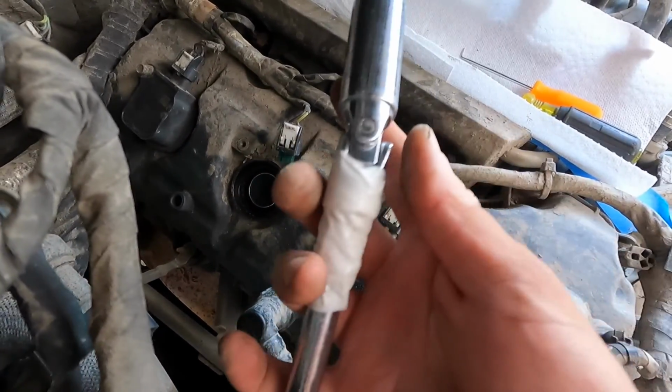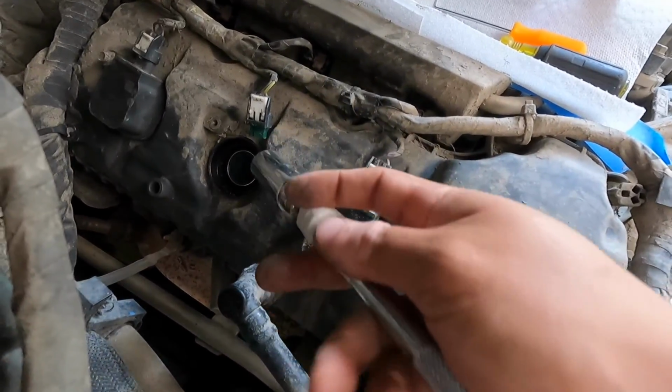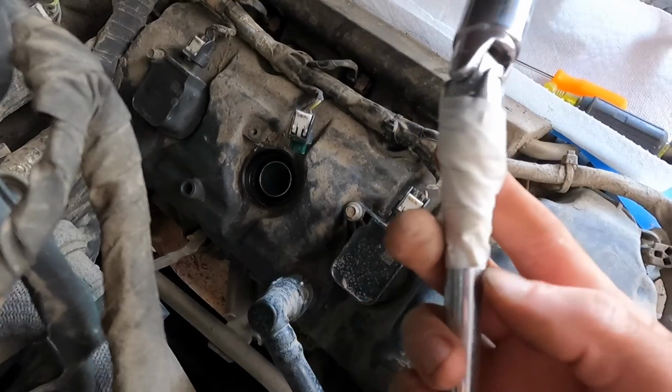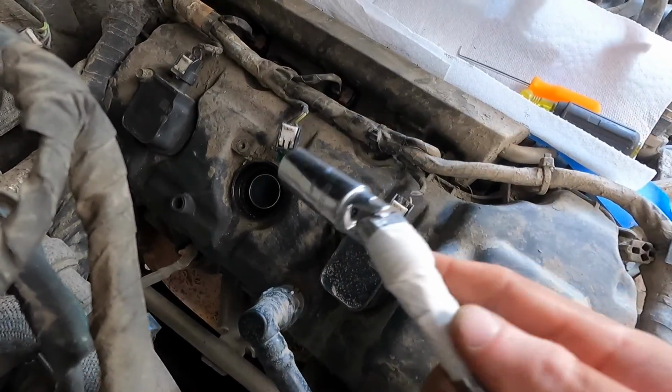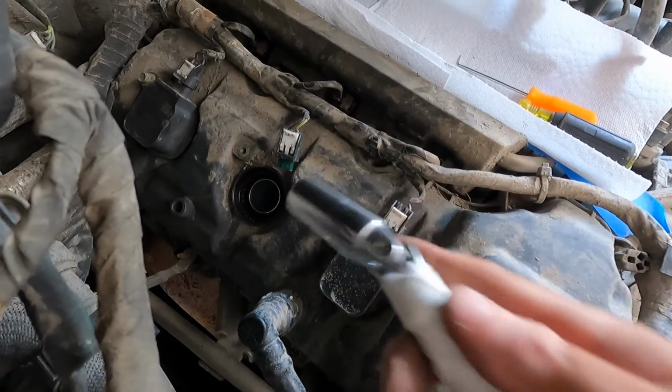I do recommend you tape your extension bit to your spark plug ratchet piece here, because it might get stuck in there. It's already happened, and I taped it off, so we can easily pop this in and out without having to, you know, lose this in there. So